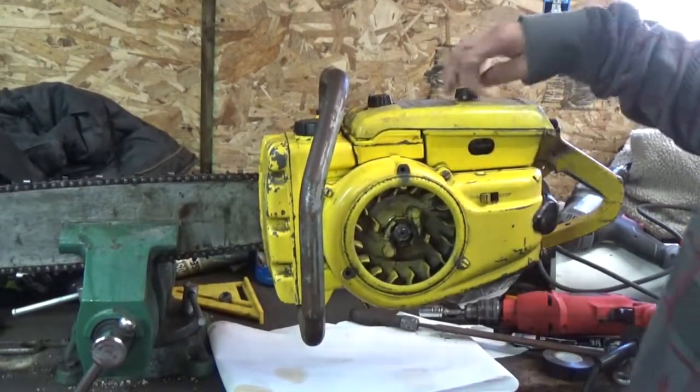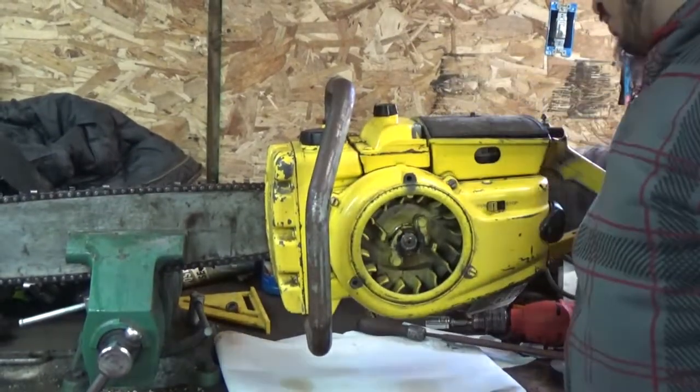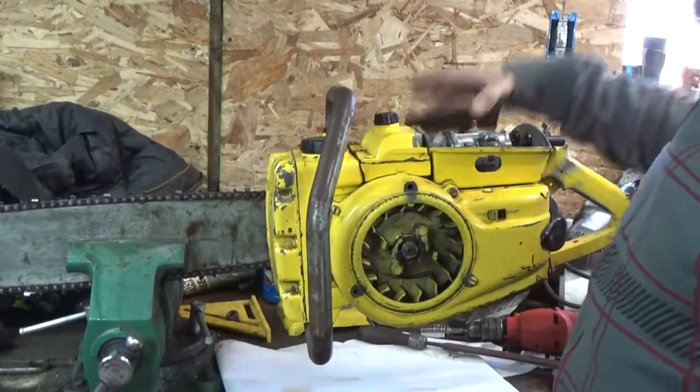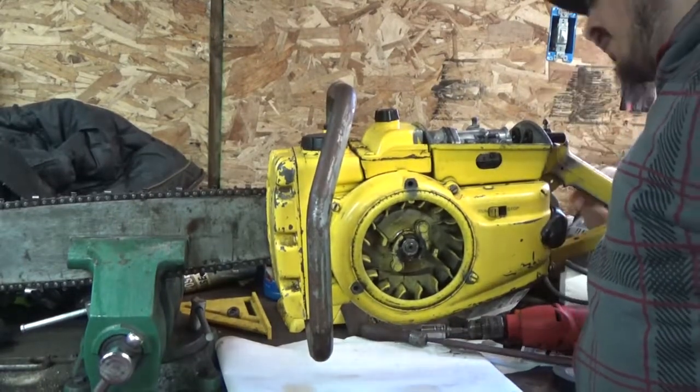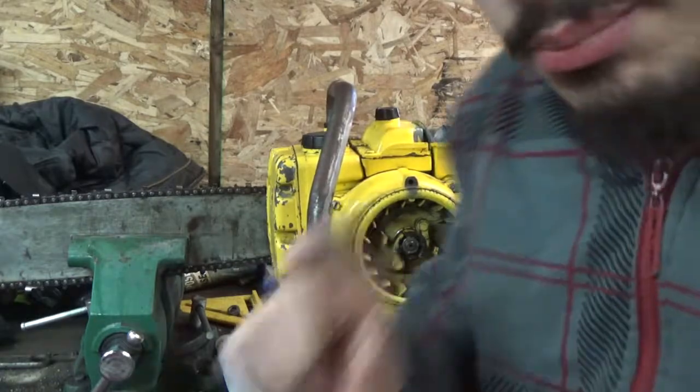Fixed the carburetor last night. This is the next day. I wanted to leave that black ATP silicone sitting overnight to make sure I have no other problems with it. What it was, in the bottom